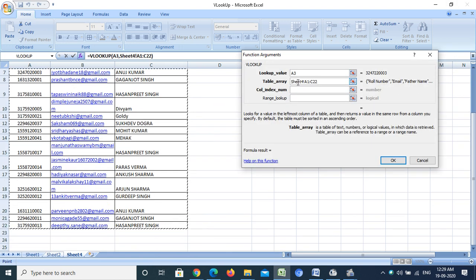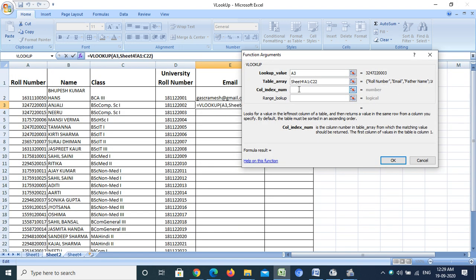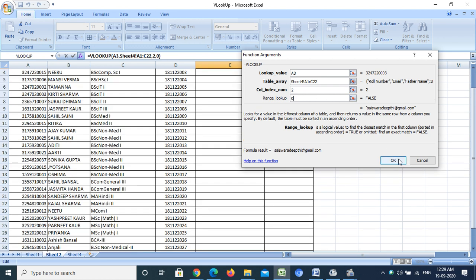Now it is asking for the index. I want the email address of sheet number 4, that is index 2, and I want an exact match. Either you can write 0 here or you can type false, then press OK.